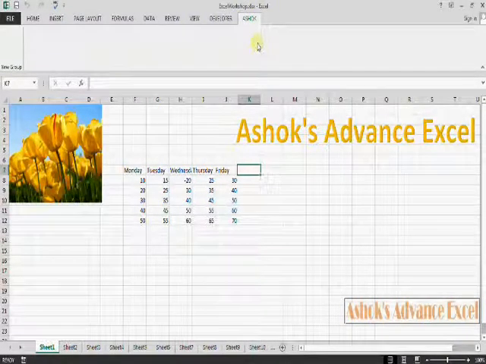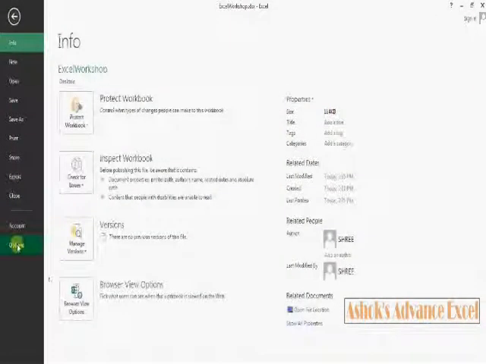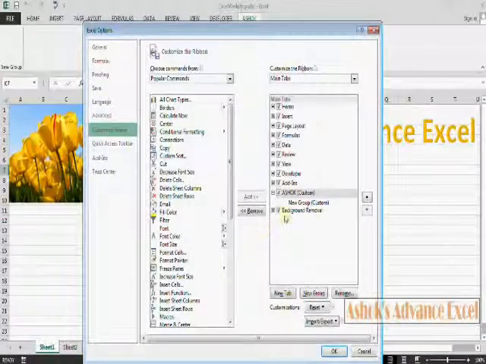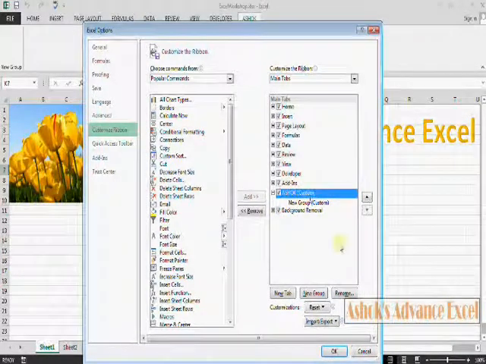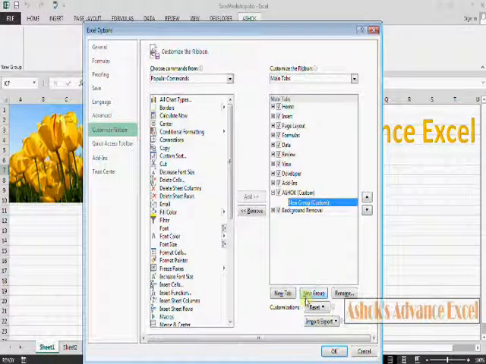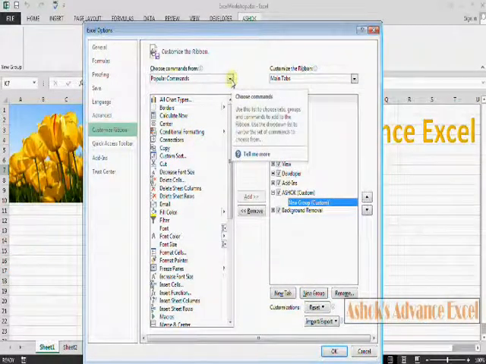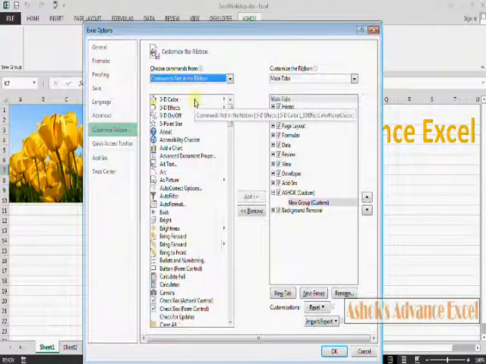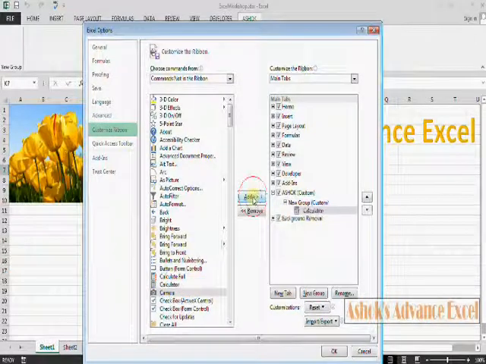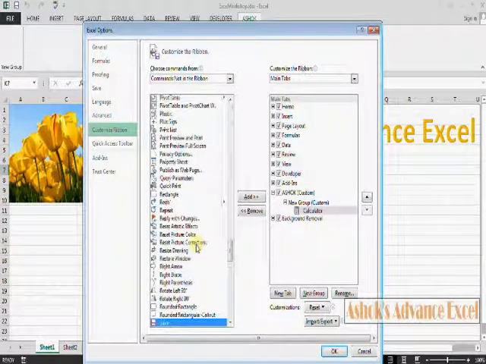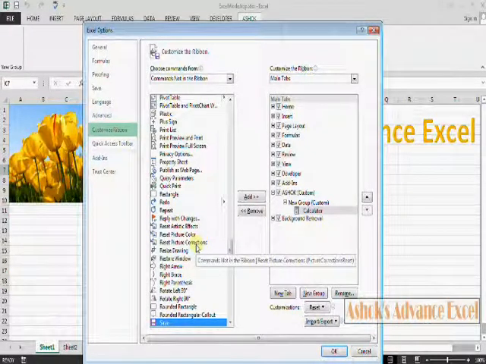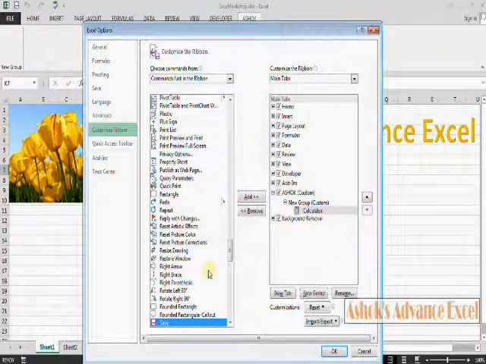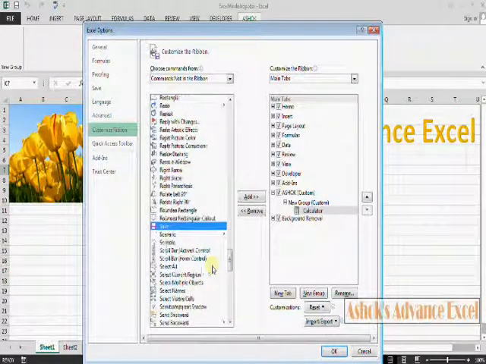Now I am going to insert some tools in it. Again in Excel options, customize ribbon, click on new group. Now on this drop down, select commands not in the ribbon, select calculator here, click add. Again click here, click anywhere in this pane and press S. So S commands are displayed here. Now drag it down and speak tools are there.